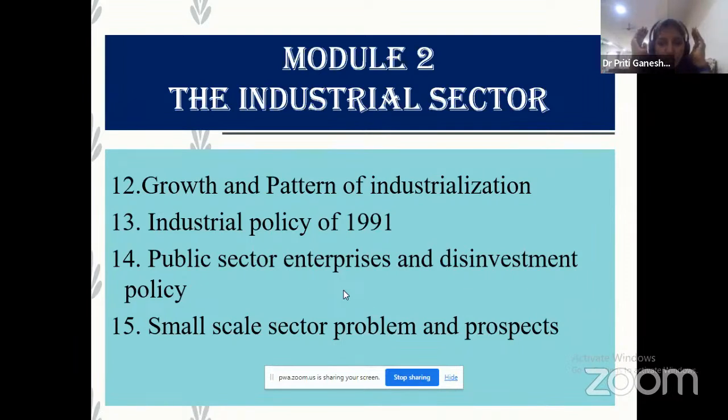So whenever you sit to study this paper, you have to be very optimistic. Normally students behave like, this is an economics paper, a theory paper, very lengthy. But I am sure if you learn properly, this is the most scoring paper. Because if you go through the paper pattern and the last year question papers, you will come to know the same questions are repeated.